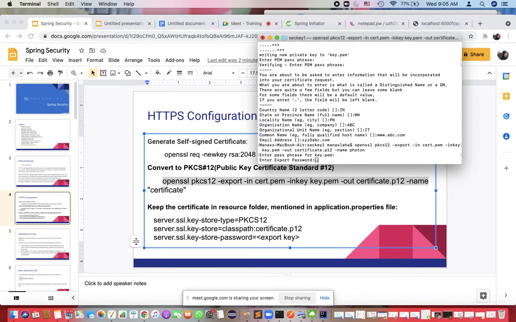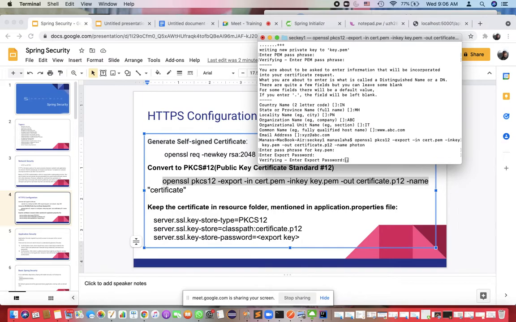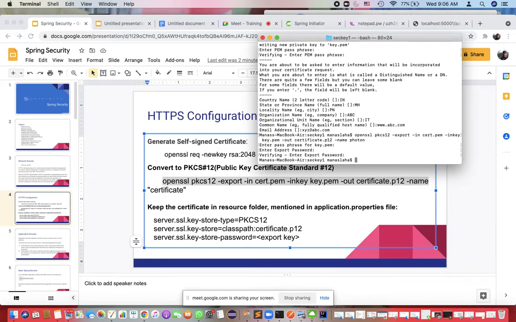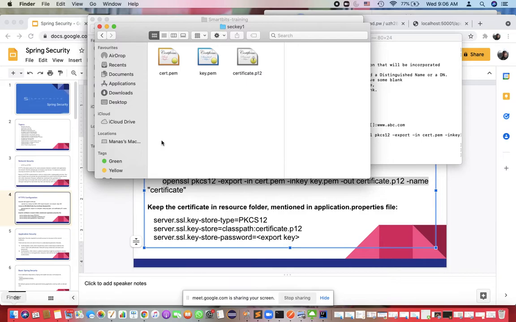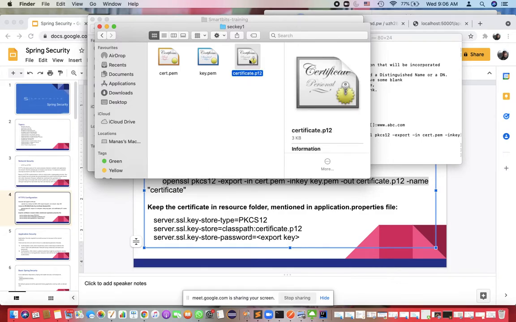This is the passphrase that you gave earlier, right? Now you need to give the export password. For the sake of simplicity, I'll keep everything the same, so I'm giving photon. Now after that, if I go inside that folder, one certificate has been generated, certificate.p12.